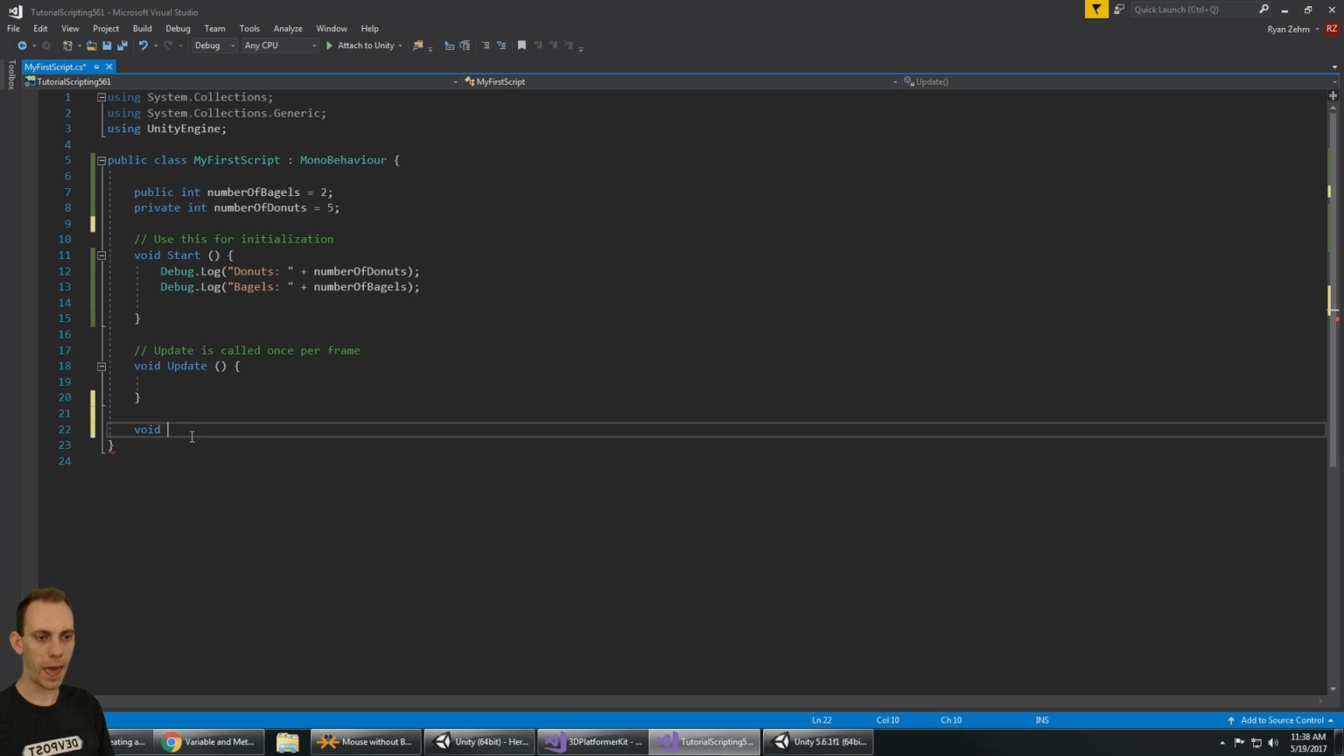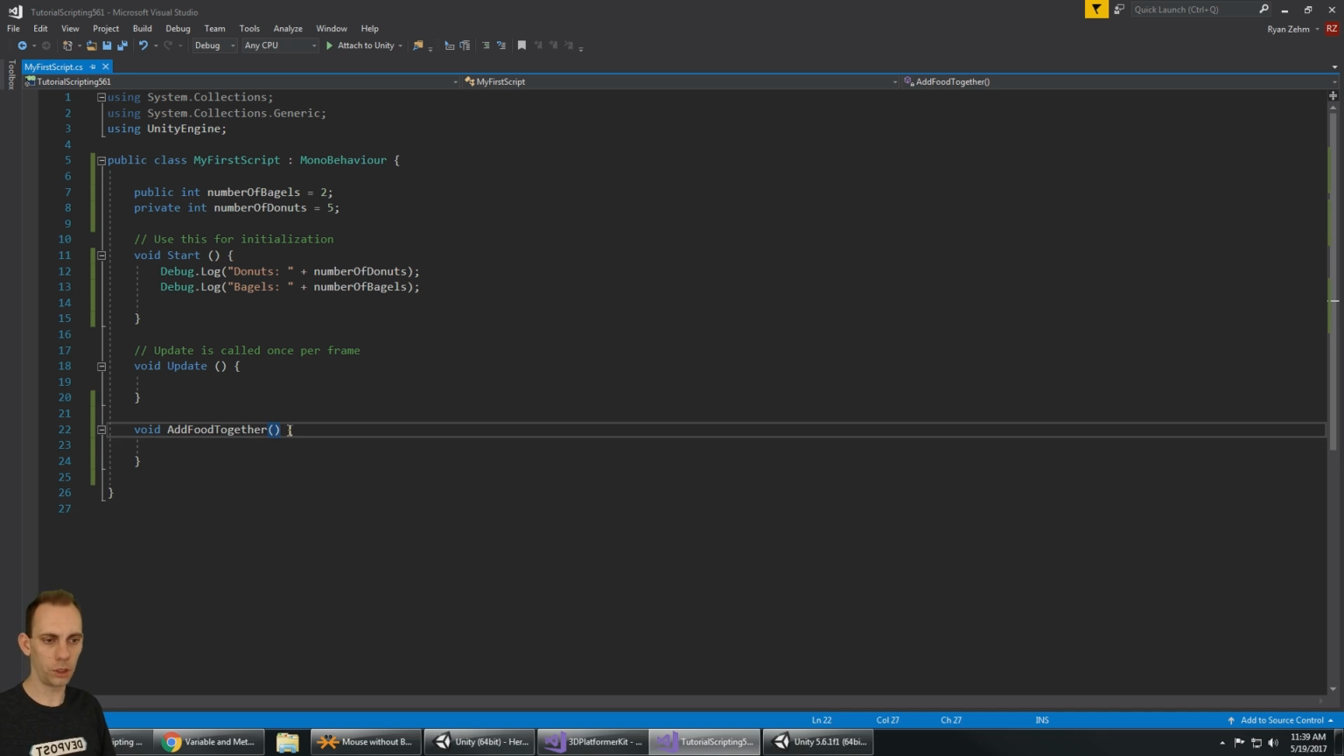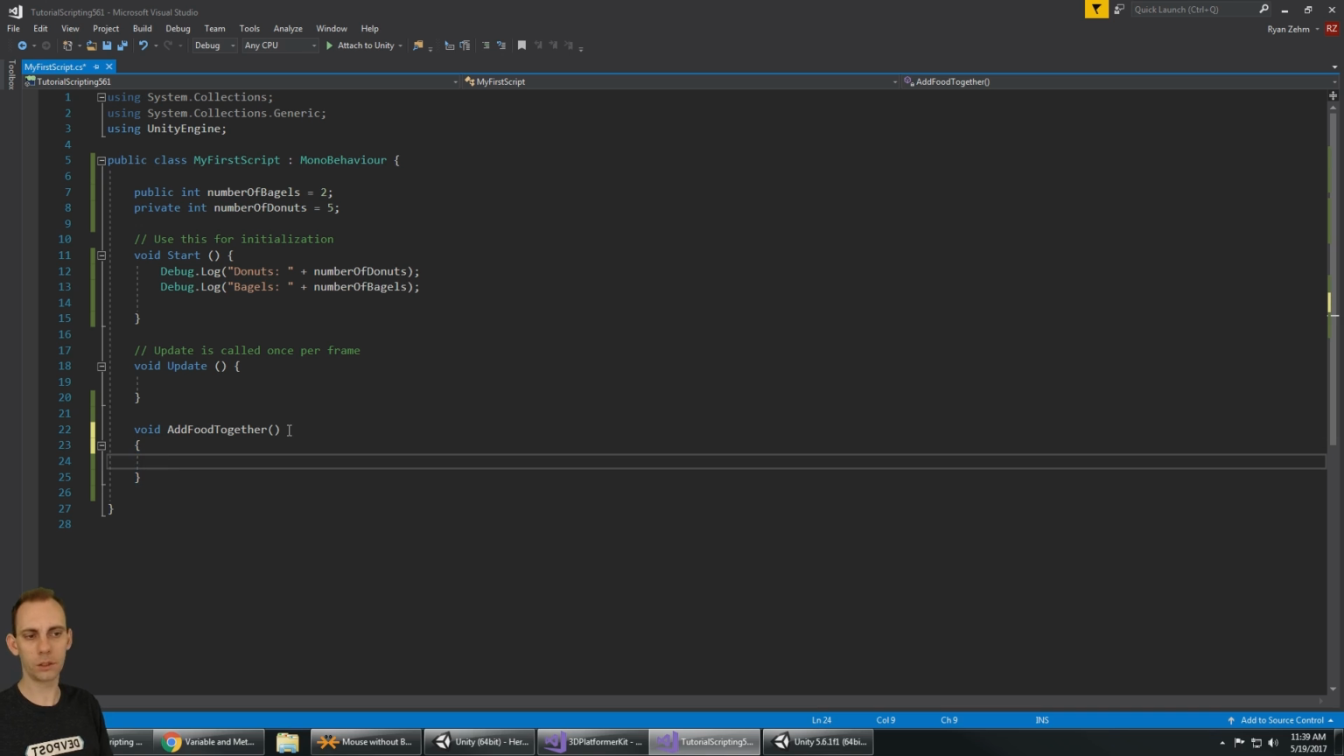But we're going to say void add food together. And we could see that we put these two parentheses. And after that, we put 2 brackets. And this is how you define a function. And usually we would go like this, and then the code for the function goes here. And of course you could also line up your brackets like this. It's up to you how you prefer. So this, we're going to do something,